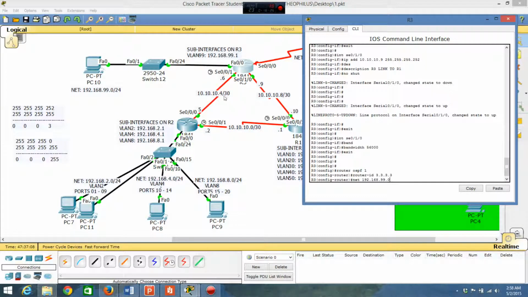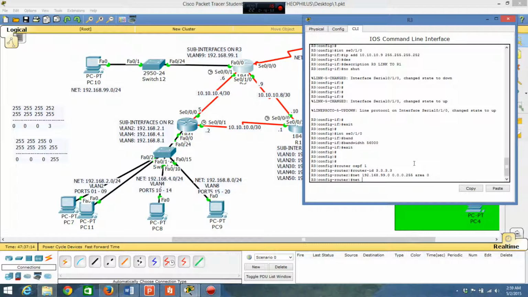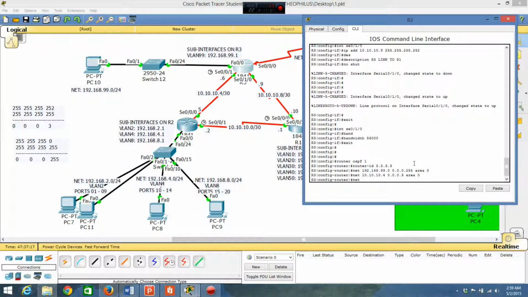You want to do network 192.168.99.0. Now you want to include this network and this network and this network. All right, you also want to include this network, which is our ISP network on our border router. So you want to do 0.0.0.255, okay, 0.0.0.255 area 0. You want to do enter. You do network 10.10.10.4 0.0.0.3 area 0. Okay, you do network 10.10.10.8, don't forget that, okay, it's 8. 10.10.10.8